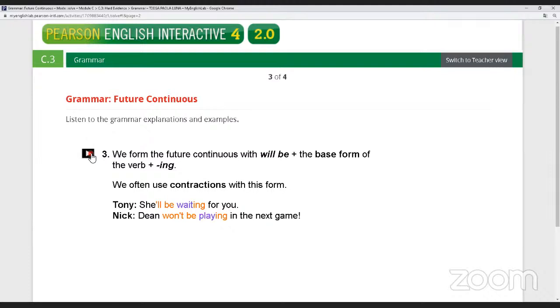So there is a notable difference between these different structures, between will and be going to. First of all, we're going to focus on will. Will, the future continuous, or only the future simple, is going to help us to talk about the future. But it's for something that I didn't plan before, right? For example, how about if I invite you to hang out tonight? So I'm going to say, oh, don't worry, I'll pay the count. But that was something that I didn't plan, right?